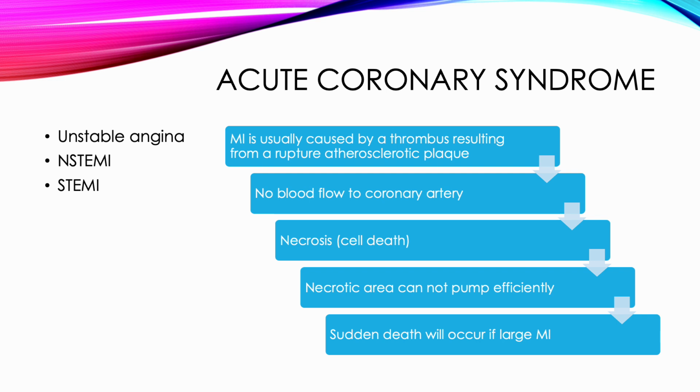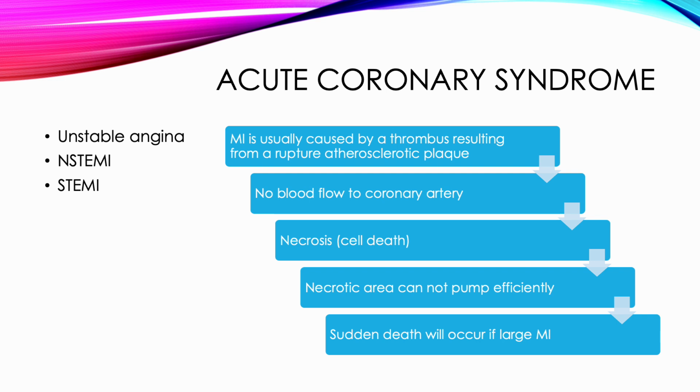All right, so acute coronary syndrome. There are three conditions that make up acute coronary syndrome. The first one is unstable angina. The second one is a non-STEMI. That means non-ST elevated myocardial infarction. And the third one is a STEMI. That means ST elevated myocardial infarction. Now, when they come to the ED with chest pain,